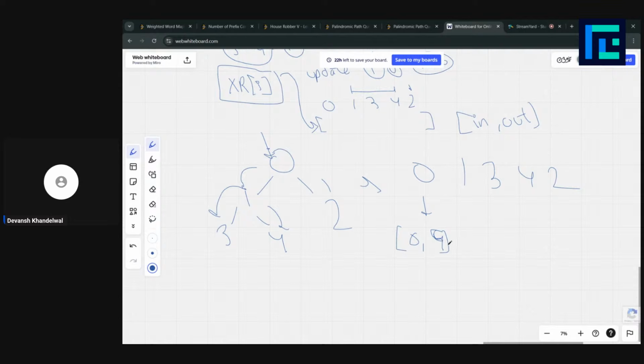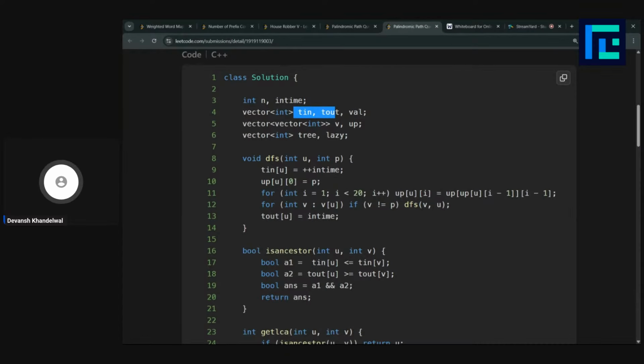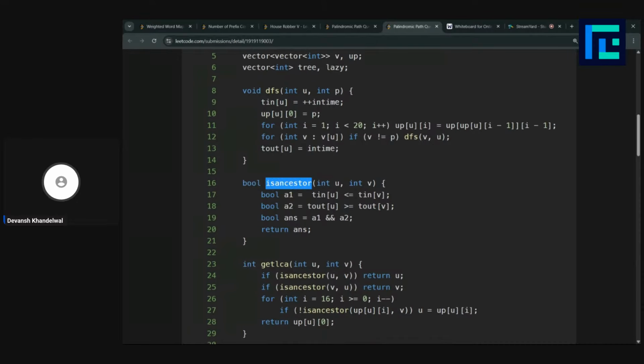This would be 5. So basically, each index would have some in time and an out time. And to calculate ancestor is to calculate if u is the ancestor of v.